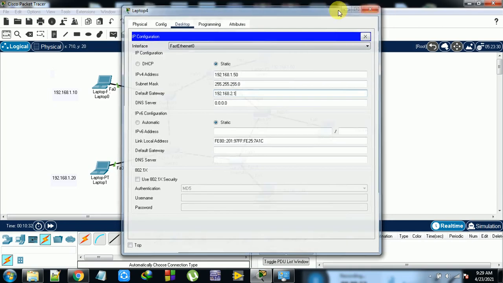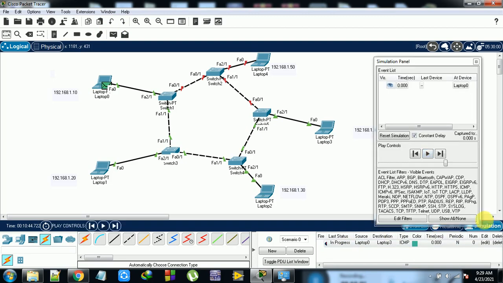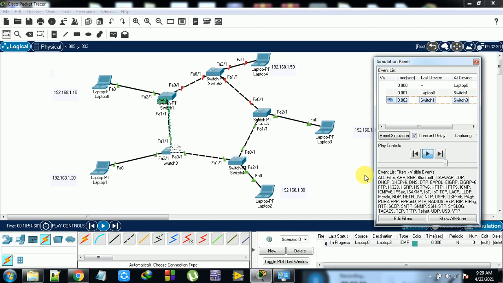So in this case what happens, see. When I hit on this, I am taking this one, and here and here. So how it is successful, I want to see in real time. Okay, so that packet went and is coming back on the same path.